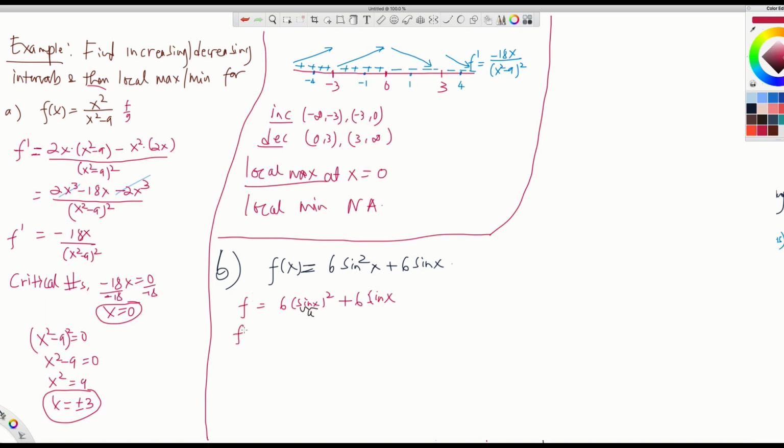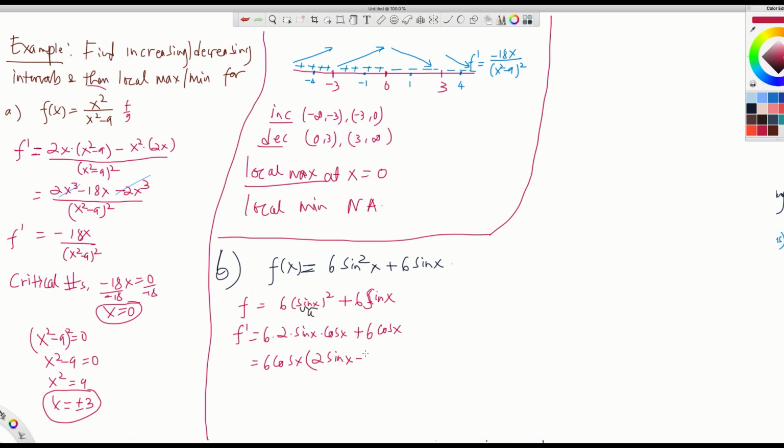So f prime equals 6 times 2u, since it is u squared, and 2 minus 1 is just 1, you don't need to write it, times u prime, which is cosine x, plus 6 times the derivative of sine x, which is cosine x. How do I simplify? Can you factor out something? Yes, I can take 6 cosine x out. If you take that out, what is left is 2 sine x